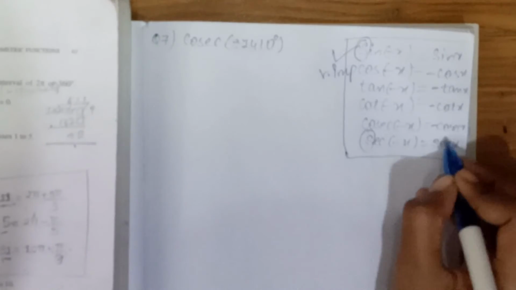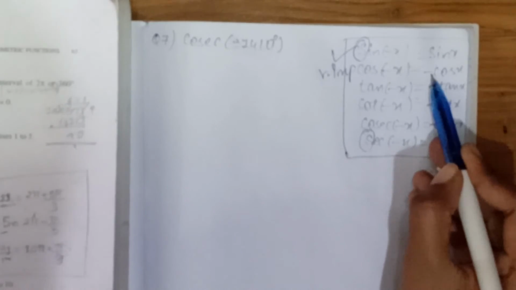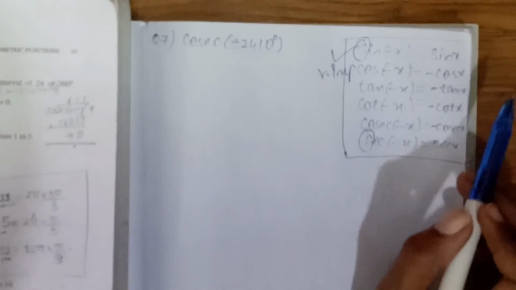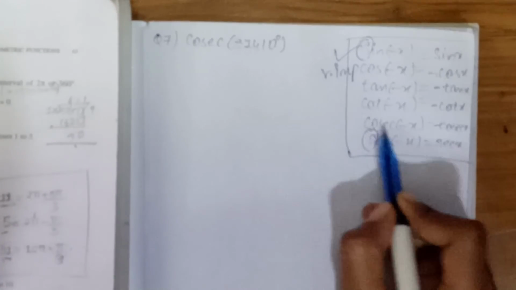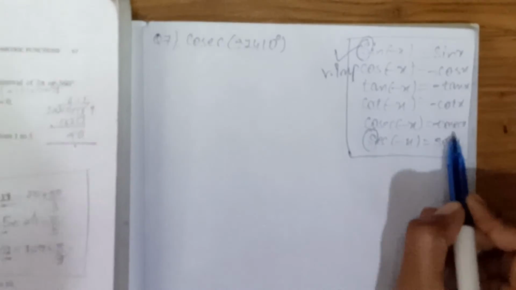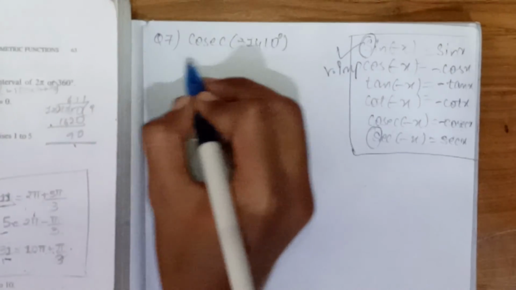Okay. So how we have to remember is, just write sine, cos, tan, cot, cosecant, secant, and minus x, all with minus x. Just remember one thing: in sine and cosecant only the minus will come outside, and for cos and secant you just write cos x and the minus disappears. Just remember like that, okay. Why I'm saying this is because in the question they have given minus. So cosecant of minus x is minus cosecant x. Whenever it is like this, you have to put the minus outside and write it, okay.